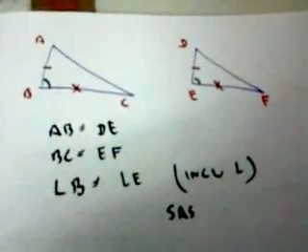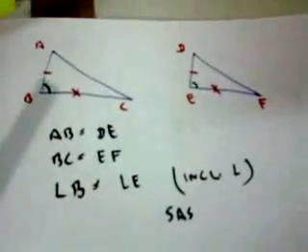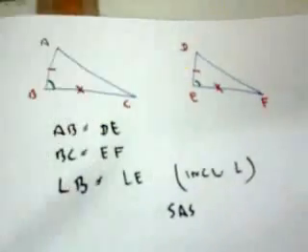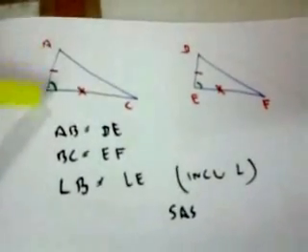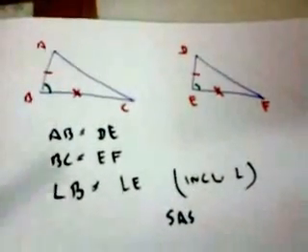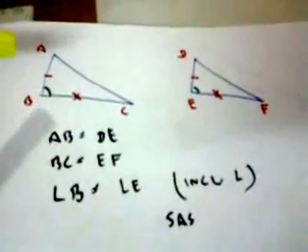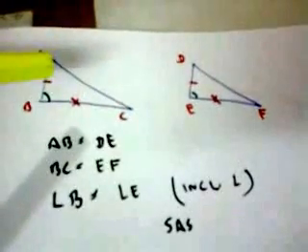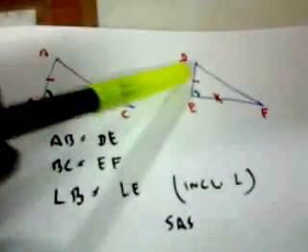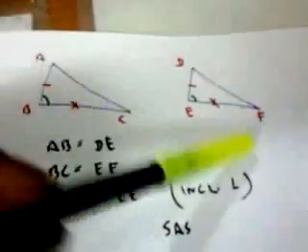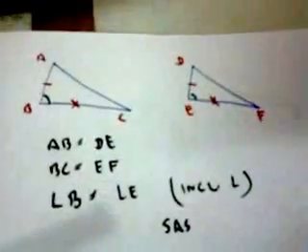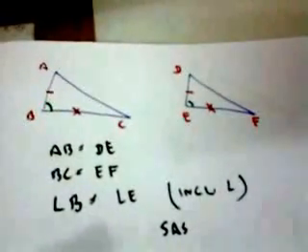And the last one for congruence of triangles is side angle side congruence. ABC and DEF are two triangles. AB equal to DE, BC equal to EF and the included angle. Note here, in side angle side, we must have the included angle equal. That means if AB equal to DE, BC equal to EF, the included angle B must be equal to the included angle E. Then we have side angle side congruence.